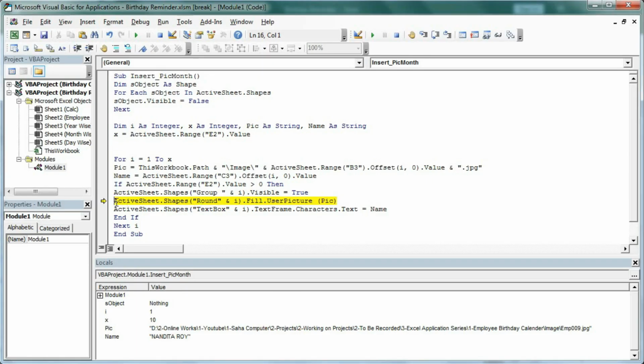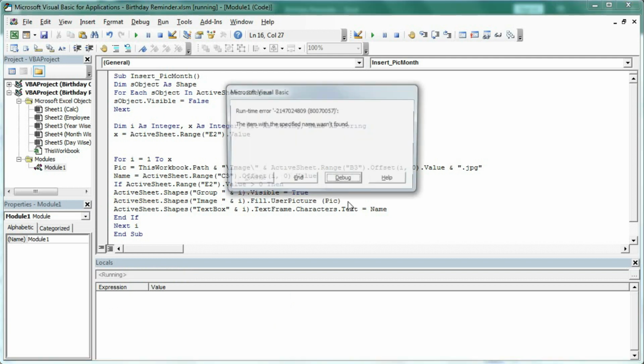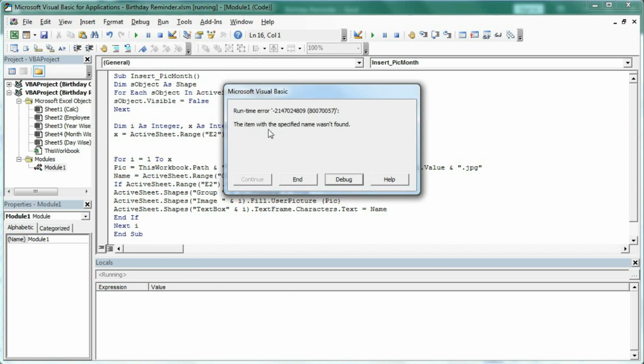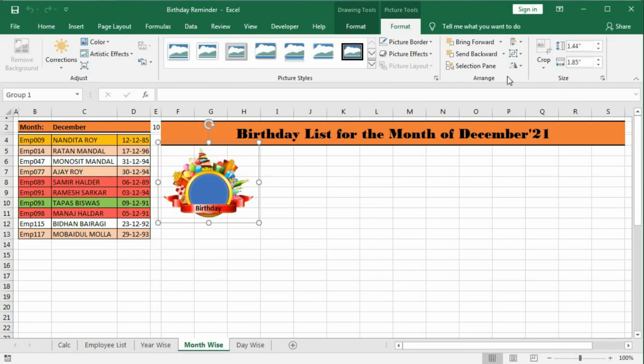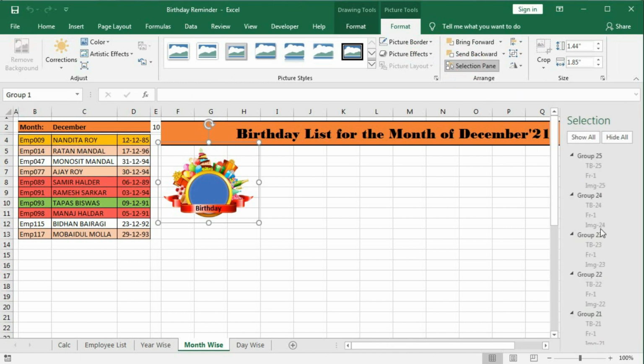Now active sheet dot shapes round. So here we have given image 1. So here we have to put image 1 dot fill dot user picture equal to pic. Press F8. So here we have a problem. The item with the specified name was not found. Okay, let's check it. Select this one, then press selection pane.